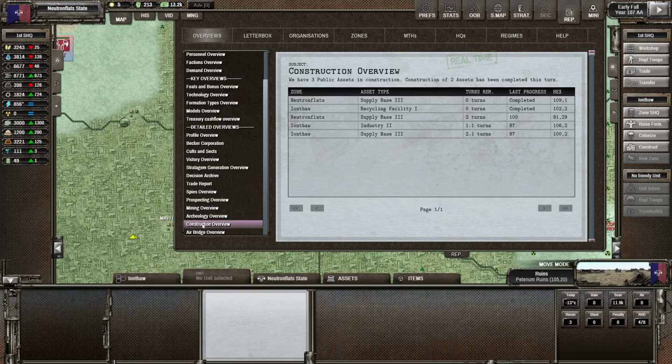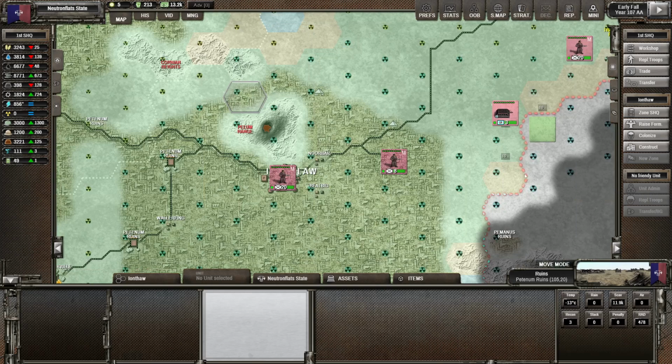Supply base is done. It doesn't need to be expanded. Recycling's done. The industry is probably what's eating up all the metal. That's why the metal's probably going down. And all the supply bases are drinking petrol, right? So